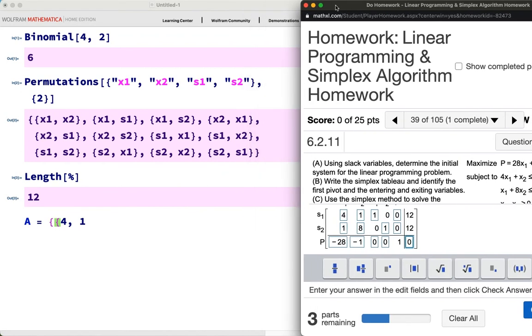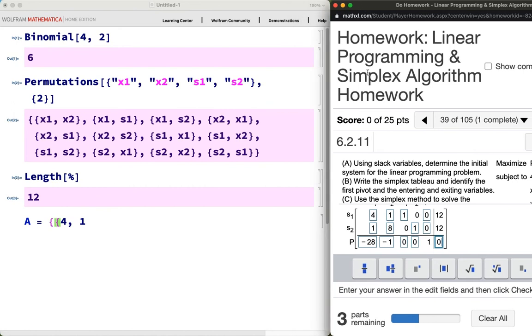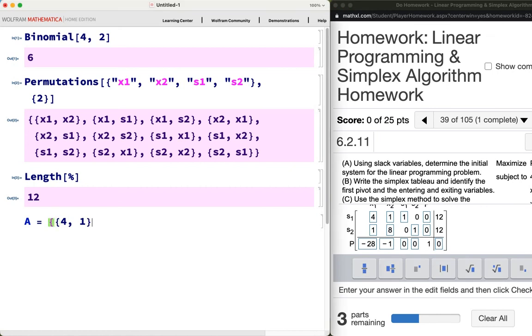My slack variables are represented by slack variable 1, slack variable 2, and the P usually stands for profit. That's going to be represented by a 3 by 3 identity matrix, okay? So then we have 4, 1, 1, 8, negative 28, negative 1,